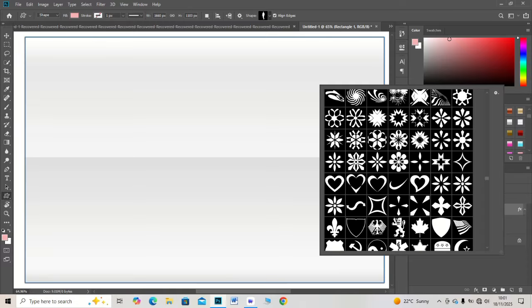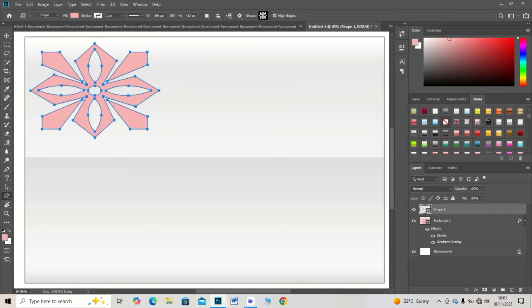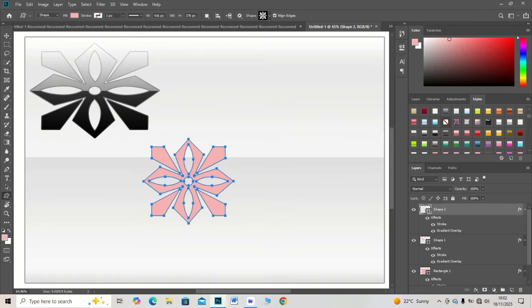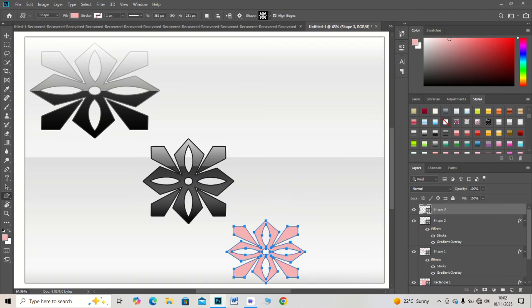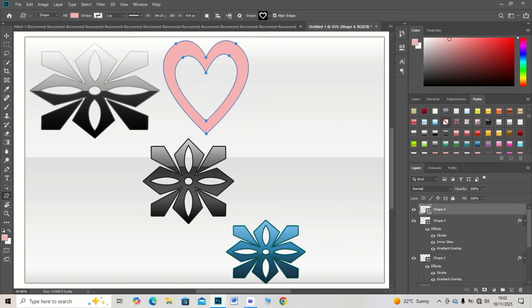Today we are using color dynamics to create energetic paint style strokes. Start by selecting a soft round brush from the brush panel. Open the brush settings window and locate color dynamics. Turn it on to activate dynamic color transitions, and also increase hue jitter to introduce shifting color as the brush